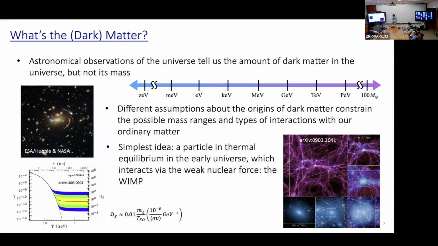And so the simplest idea for the longest time was there is some particle in thermal equilibrium with the early universe. It's creating and annihilating in this equilibrium, and as the universe expands, it freezes and gets stuck at that abundance, and that's what we can measure. And this was known forever as the WIMP, because for the abundance that we saw, it would make the most sense if it interacted through the weak nuclear force, and it had a mass of about a GeV. And so for the past 20 years, that's what the community has been searching for.